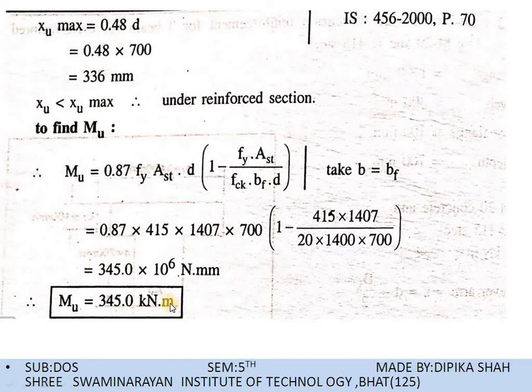ठीक है, BF, सो हम लोग वो पुट करेंगे यहाँ पे और हमें MU कितना मिला, 345.0 किलो न्यूटन इंटू मीटर। अब हमारा लास्ट क्राइटेरिया क्या था कि हम लोग जो MU फाइंड आउट करेंगे, जो हमारा AST हम लोगों ने प्रोवाइड किया है उसके ऊपर से वो हमें जो गिवन MU है उससे ज़्यादा होना चाहिए। ठीक है, सो यहाँ पे MU इज ग्रेटर देन MU गिवन, राइट। सो हमारी जो डिज़ाइन है वो ओके है, यहाँ पे हमारा एग्जाम्पल कंप्लीट होता है। सो सेम हम लोग एक और एग्जाम्पल कैलकुलेट करेंगे तो उससे आपको और ज़्यादा आइडिया आएगा।